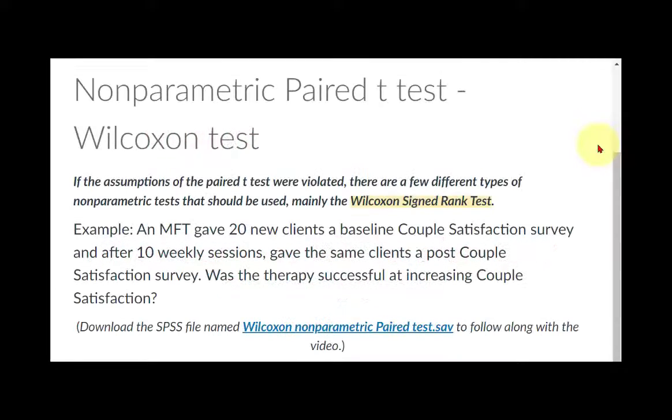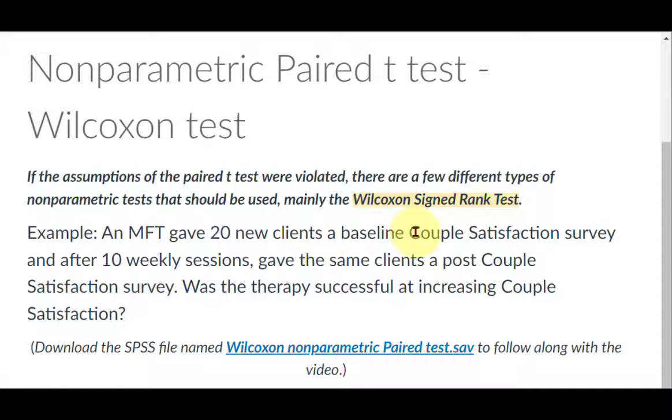I'm going to introduce you to the non-parametric version of the paired t-test. We're going to use the Wilcoxon, I think it's the Wilcoxon Signed Rank Test. There are several tests, but that's what we're going to use. But here's the question. We have an MFT who gave her 20 new clients a baseline couple satisfaction survey,